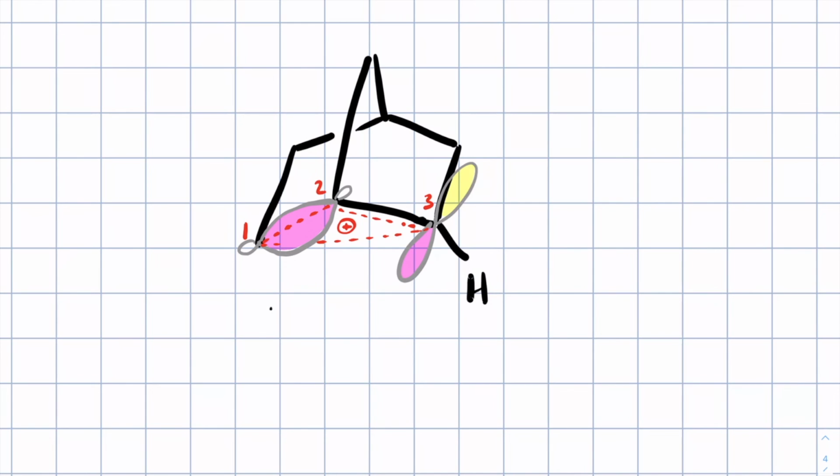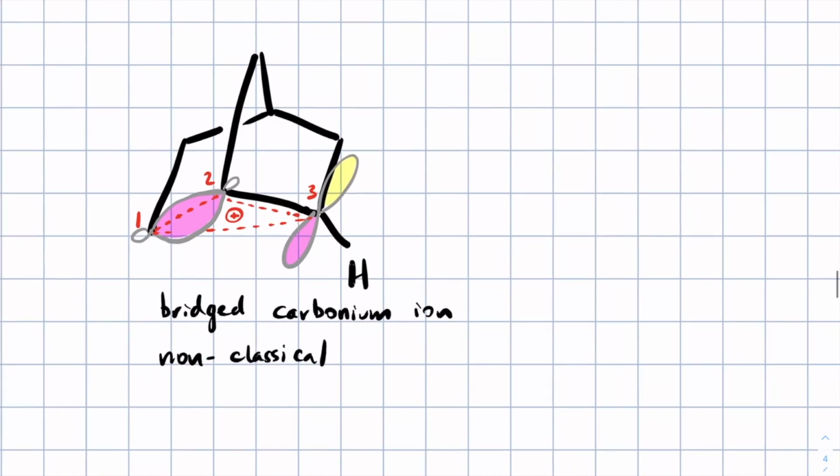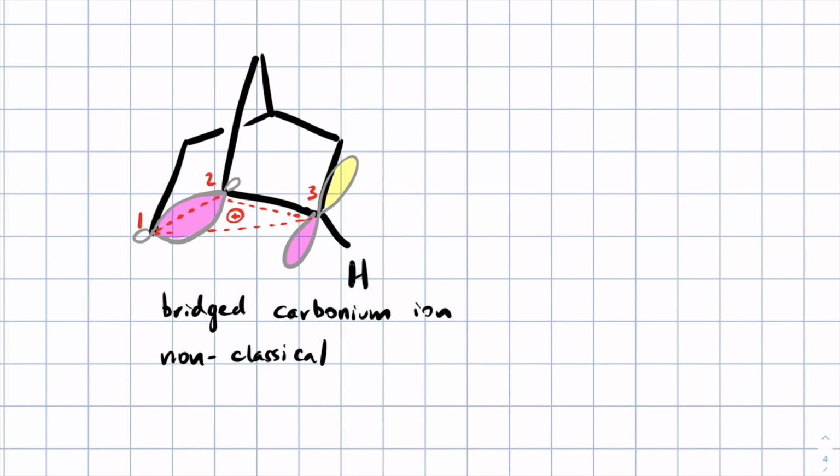This would be called a bridged carbonium ion in the lingo we used in chapter 1. We might also call it a non-classical carbocation because you have bridging of this atom between 2 different carbons, or perhaps more accurately,